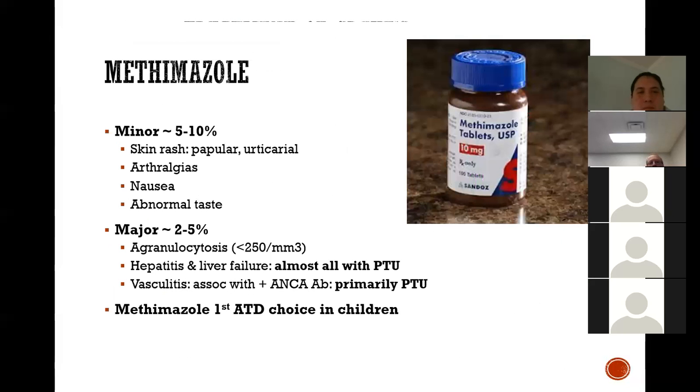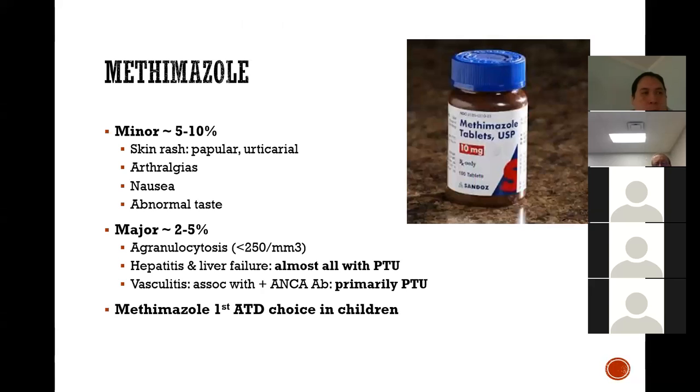So one thing I just want to point out for methimazole, and I always go through this with my patients, but I like my primary care people to know too, is methimazole, even though it's obviously preferred quite a bit over PTU due to decreased hepatitis and liver failure and decreased vasculitis compared to PTU, it can cause those things, rarely. The minor things that we often see 5 to 10% of the time is you can get a little bit of a